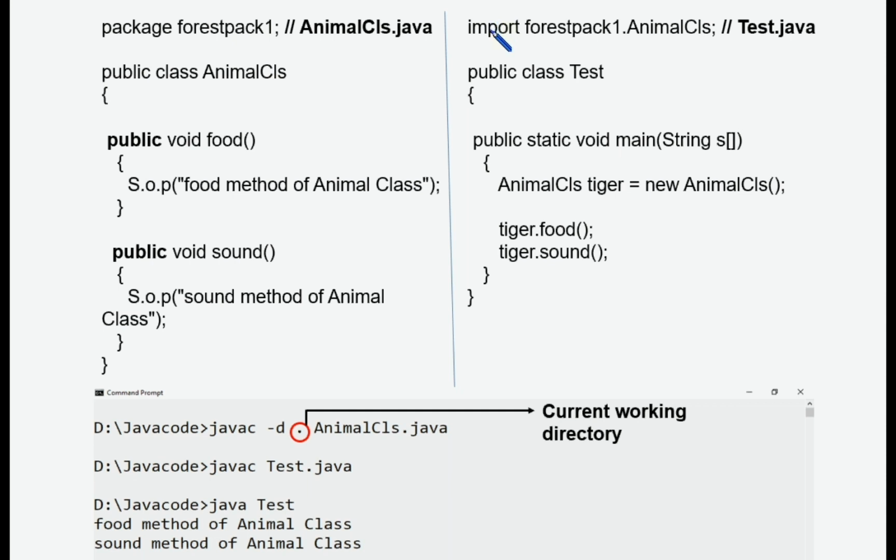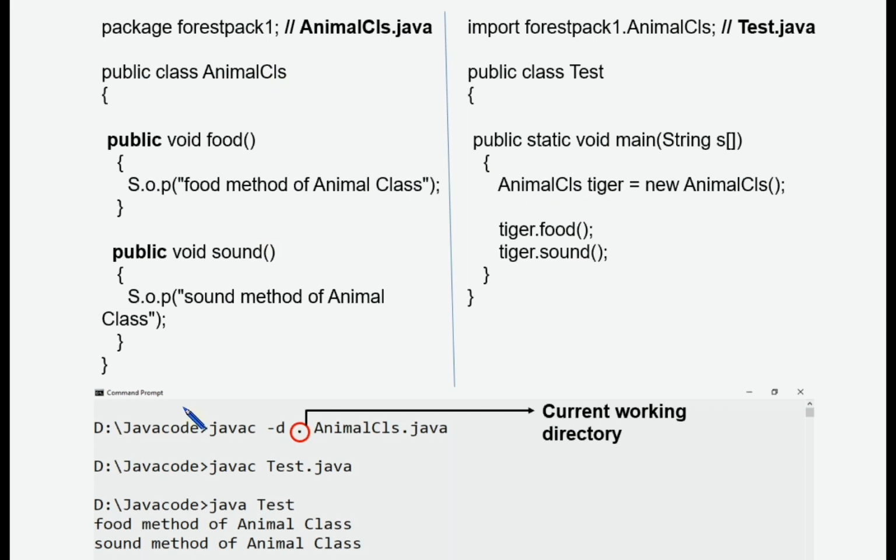How to import a package? By using the keyword import package name dot class name. As usual, within a class, we define the main method and create an object for this animal class, and through this object we invoke the food and sound methods of the animal class.